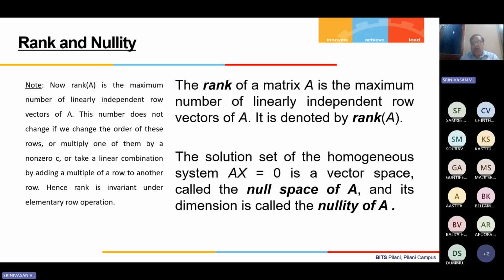Before we go to, again, the rank, already of course we have seen, we are going to emphasize it again. In the new concept of null space and nullity, we are going to combine. This r is going to play a role in finding the nullity of A. And therefore, before we take this up,